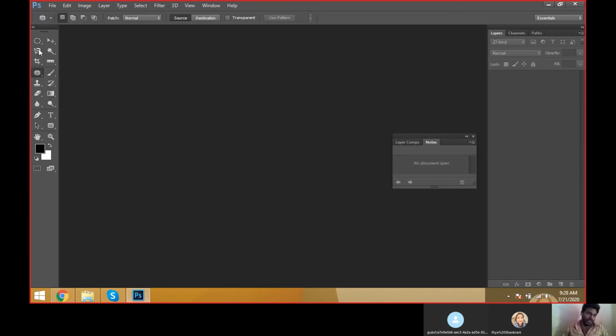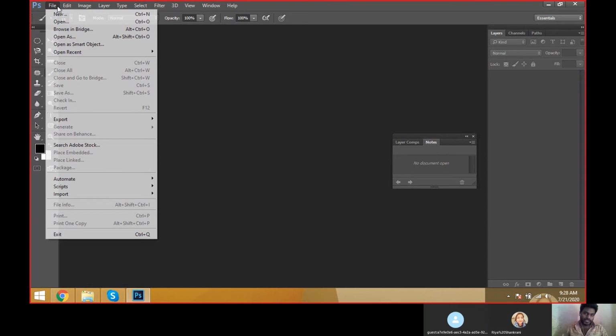Okay, we go for the brush. Using the brush tool, we do a small concept. This is the brush tool, pencil tool, color replacement tool, and mixer brush tool. Take the brush tool, then File, New Document.